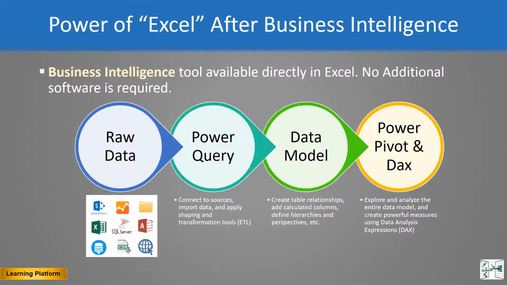We start with raw data. The beauty of this application is that you can connect your data with different applications, different sources of information at the same time. For example, you have some information in Microsoft Access, some in Microsoft Excel, some data in Oracle. You can connect all together simultaneously and refresh the data very easily.